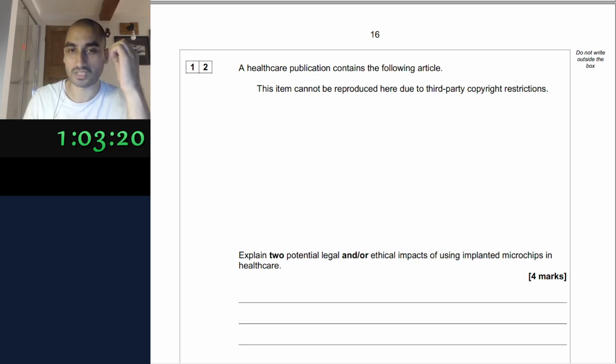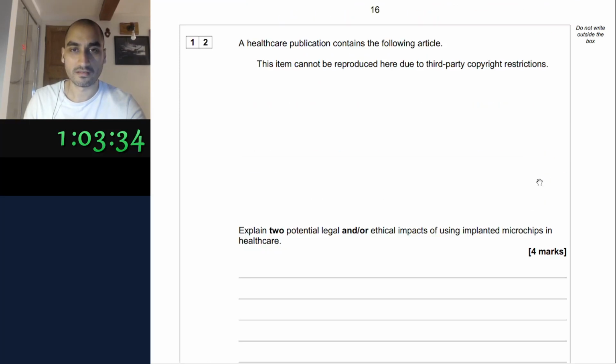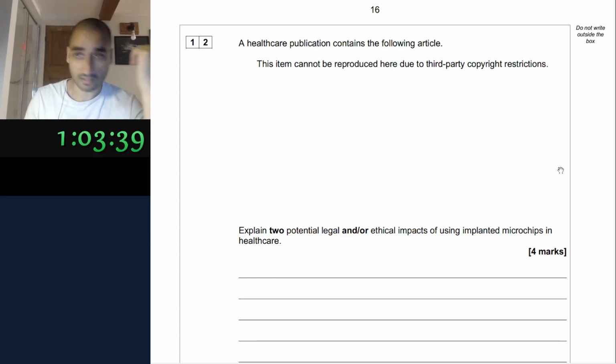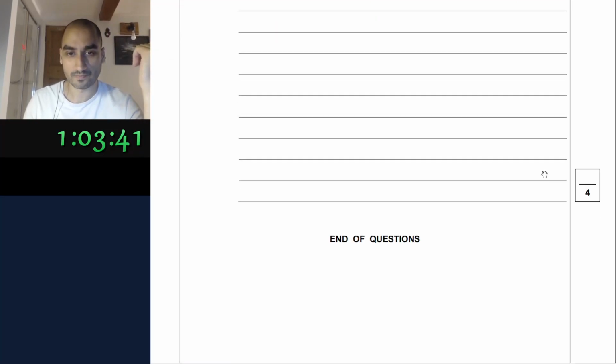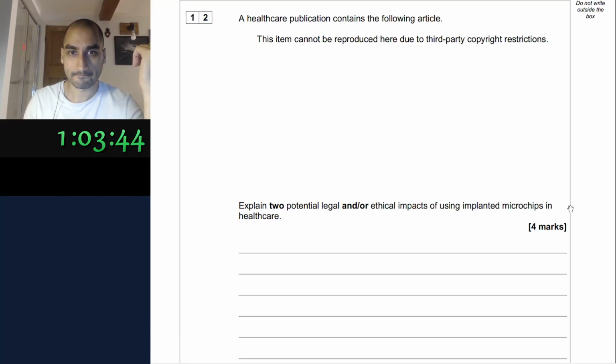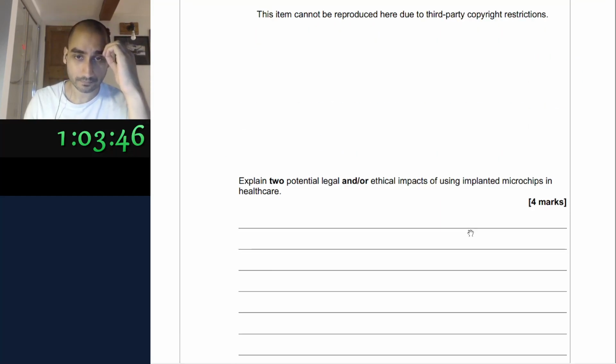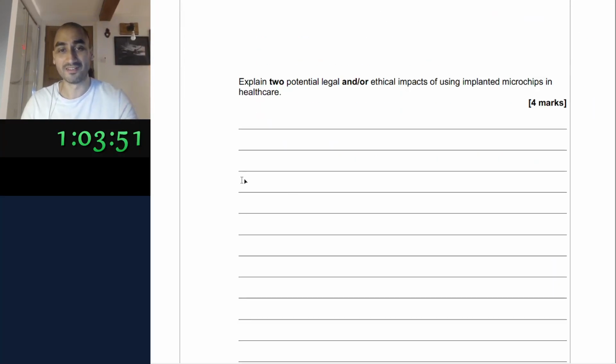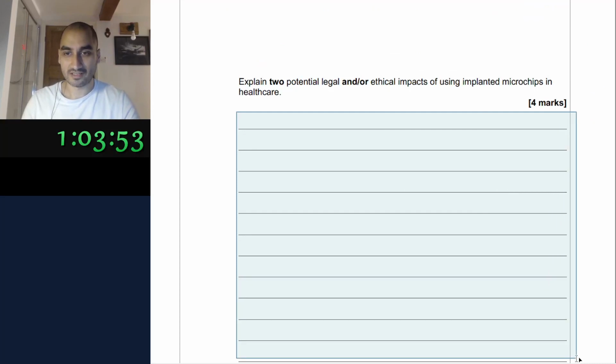Oh, we can't be shown the article. This past paper doesn't have the article because of copyright. Well, what idiot put a copyrighted article in a question paper? Okay, we probably don't need it. So stupid. Okay,